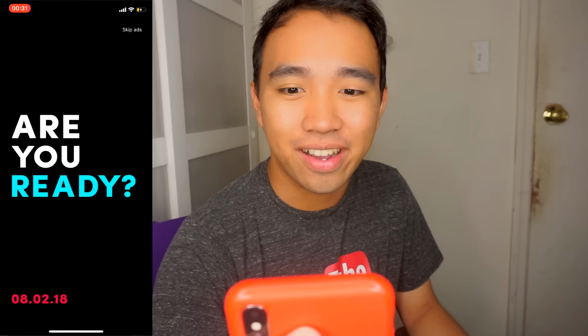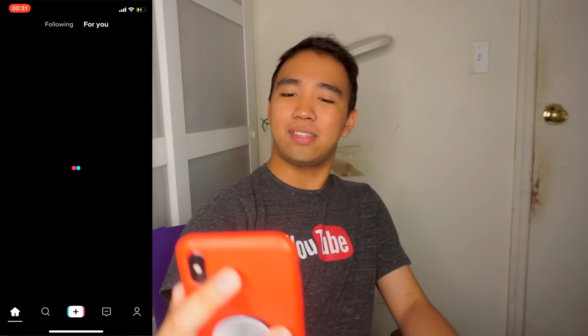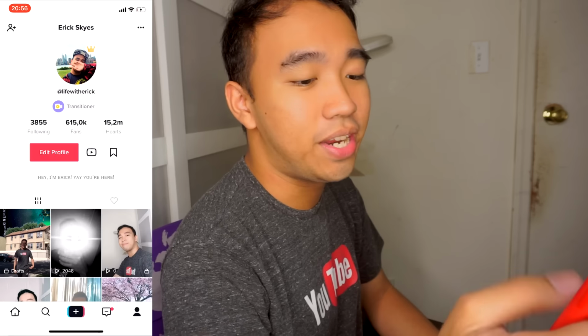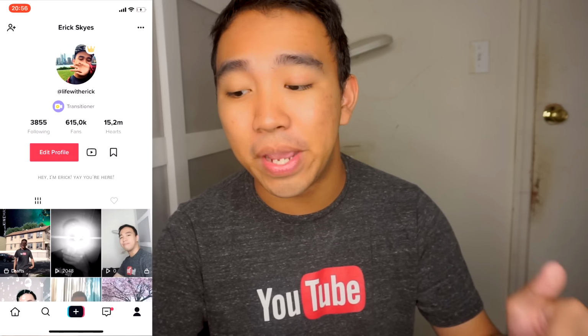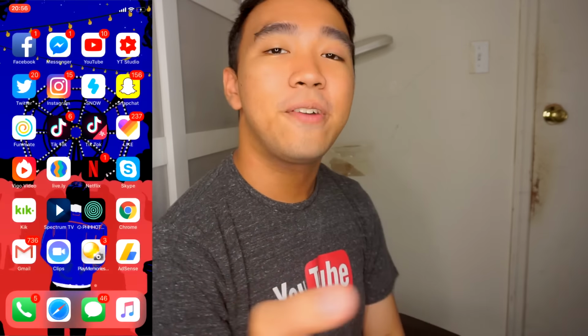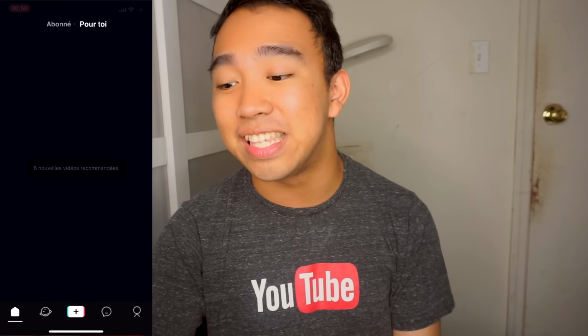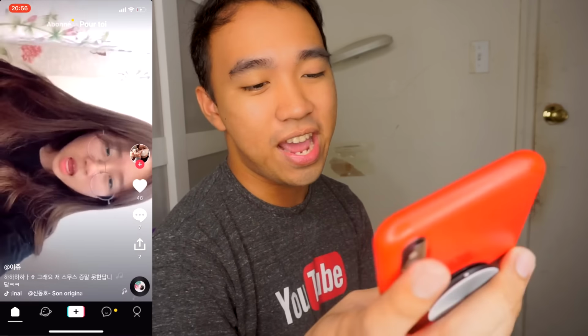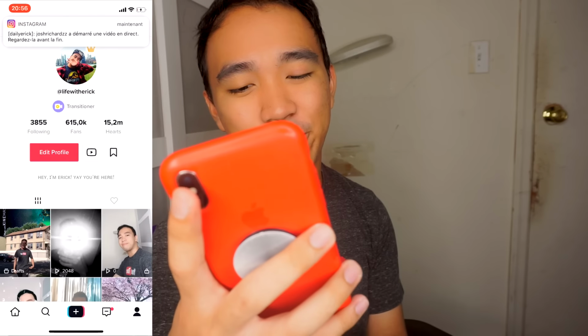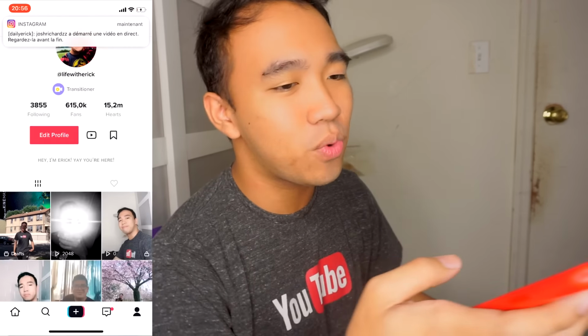It says TikTok. Oh wait, what? Okay, so I could see a lot of changes already. You could see the plus button at the bottom. It looks exactly like TikTok. If you go to the original TikTok app, it looks exactly the same as the bottom ones. And if you look at Musical.ly, they're the same thing pretty much now. Oh, I see. And let's check out my profile and see what changed.